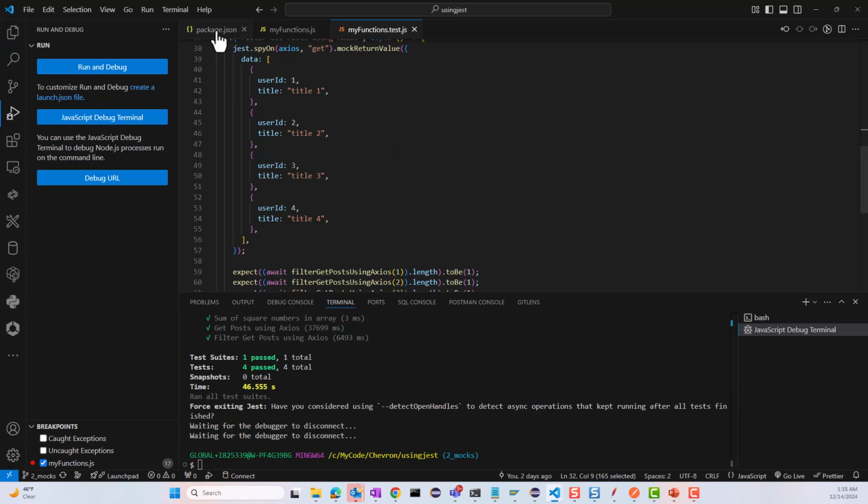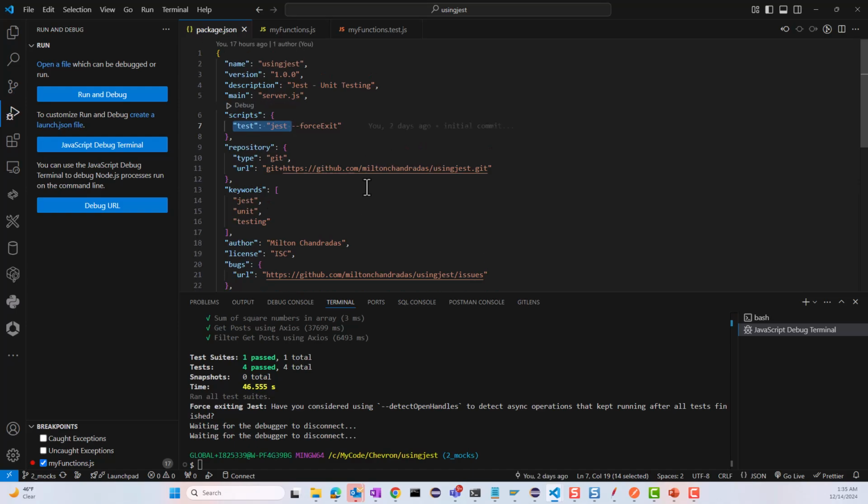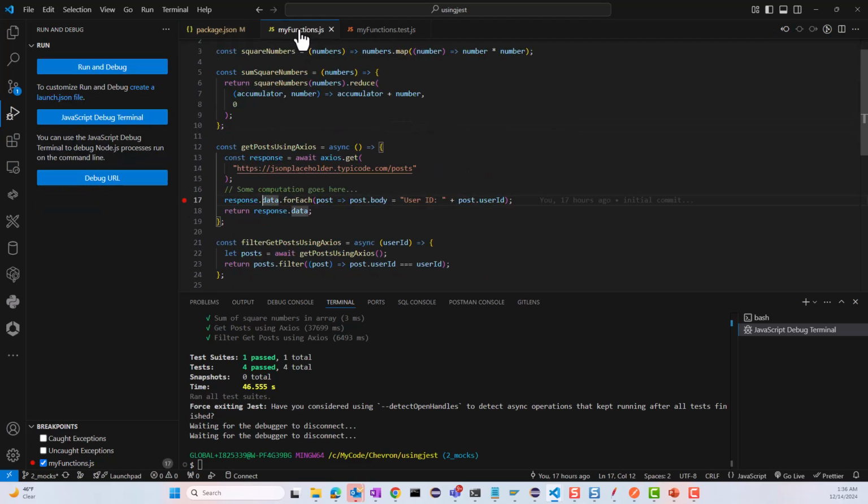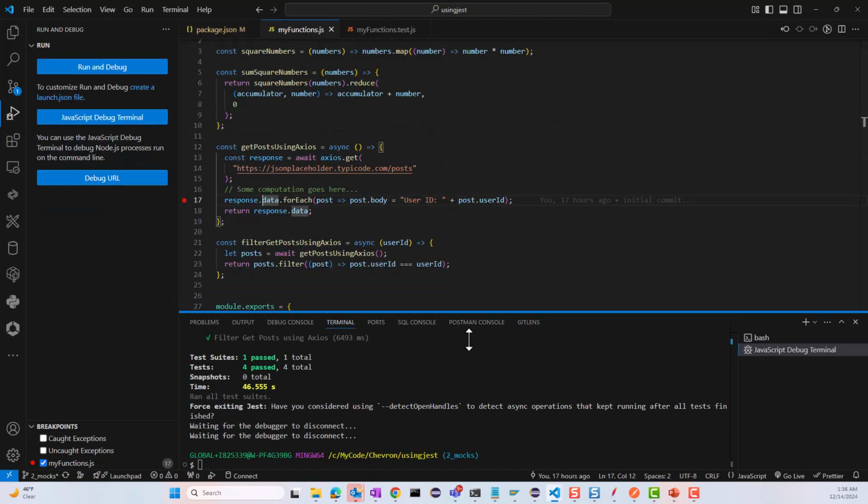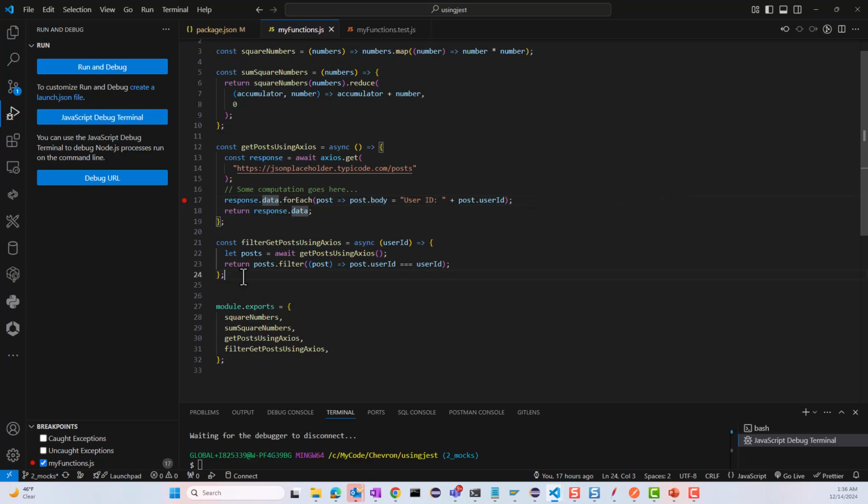Now, I mentioned that Jest also provides code coverage as well. So what you can do is you can say --coverage in addition to just having jest. In this case, it will do some coverage of how many test cases you have as well. So let me go into my myfunctions.js file, and let me go ahead and add another method